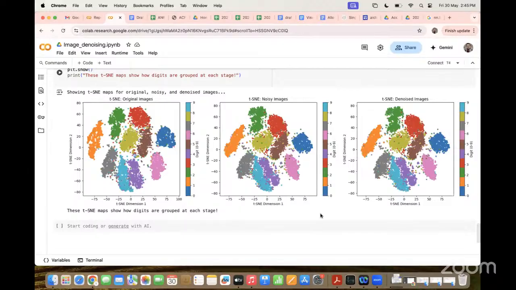So what you can do in the experiment part, you can actually change the levels of the noise, the variance, which I think we have written as 0.5. There you can put different variance values. You will immediately realize that there is an effect on the t-SNE as well as the output also.